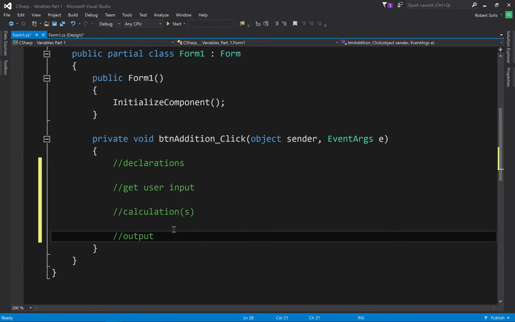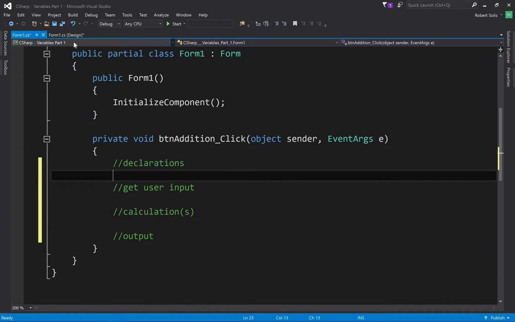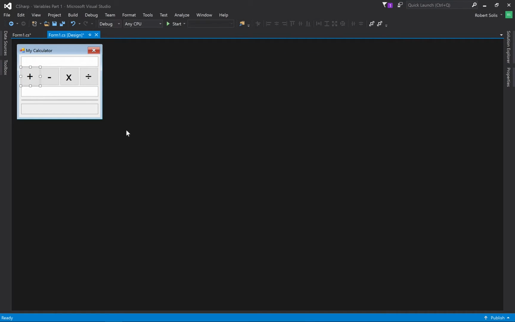They are kind of like post-it notes that you put on your monitor to remind you the next day when you come to work that this is what you're supposed to do. They don't have an effect on the C# program. They're meant as notes for you or for a future programmer to know what your intention is, what you're going to be doing. Well, the first thing that I want you to think of is when you're looking at this form, what is it that the user is going to give to you, and what are you going to give